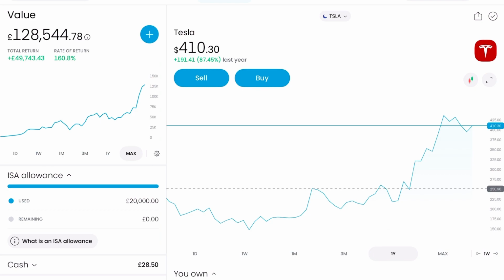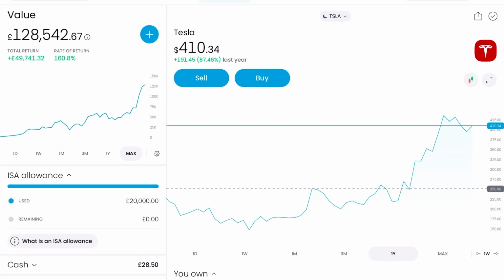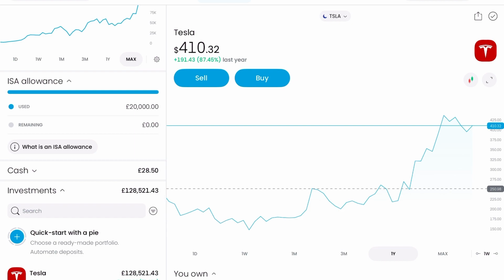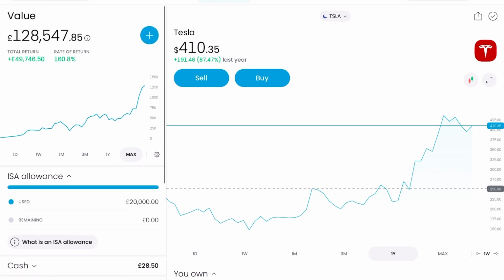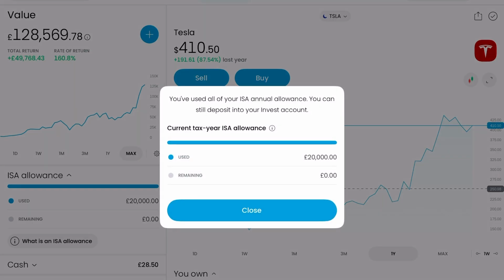Now, a nice change that they have now is that on the left hand side, you have your value, your return, and the main part I really like is you get to see your ISA allowance here. You don't have to go up and check every single time how much ISA allowance you have. You can quite easily see here. And if you want to make a deposit, you can just press that plus. Obviously, it won't let me because I've used all my allowance for this tax year,